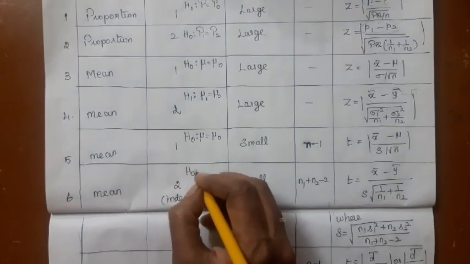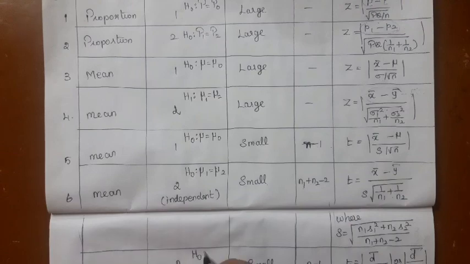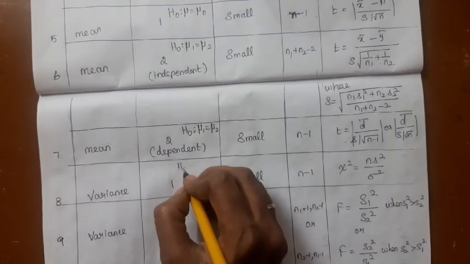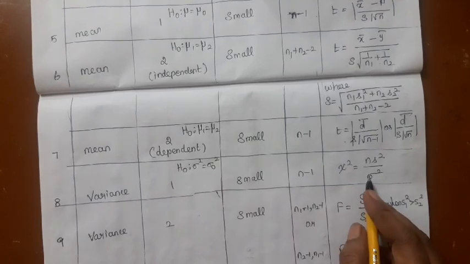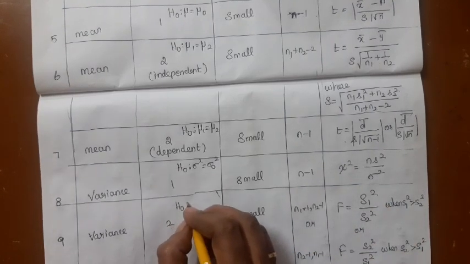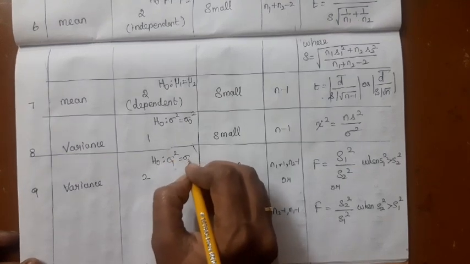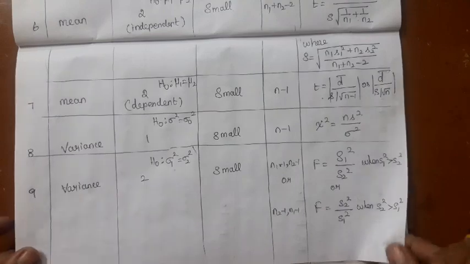the null hypothesis is mu1 equal to mu2, and here again the null hypothesis is mu1 equal to mu2. Here you are testing the variance, right? So sigma square equal to sigma naught square, and the chi-square test should be used. And sigma1 square equal to sigma2 square, you are comparing the variances. The variance ratio test, which is also called the F test, is used. Okay, so